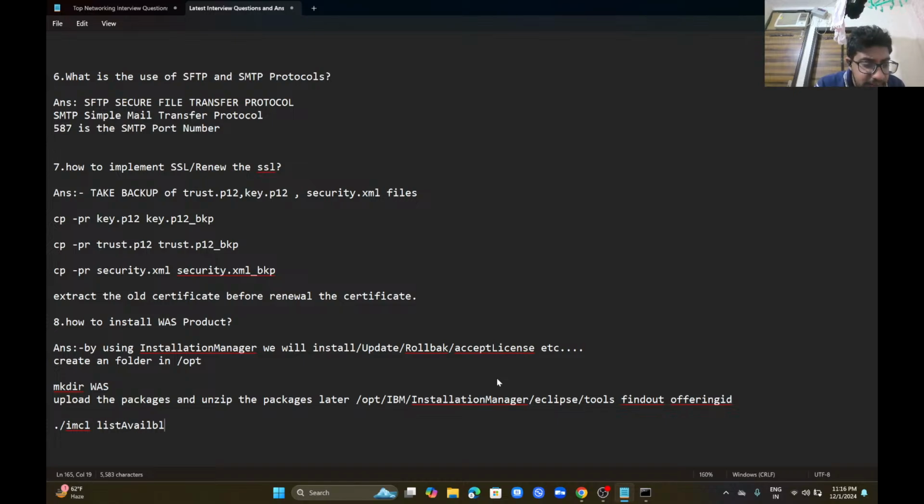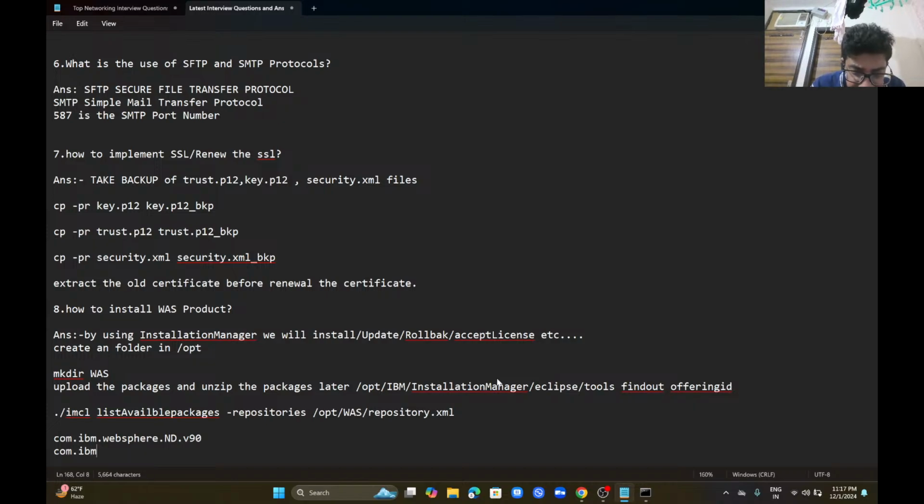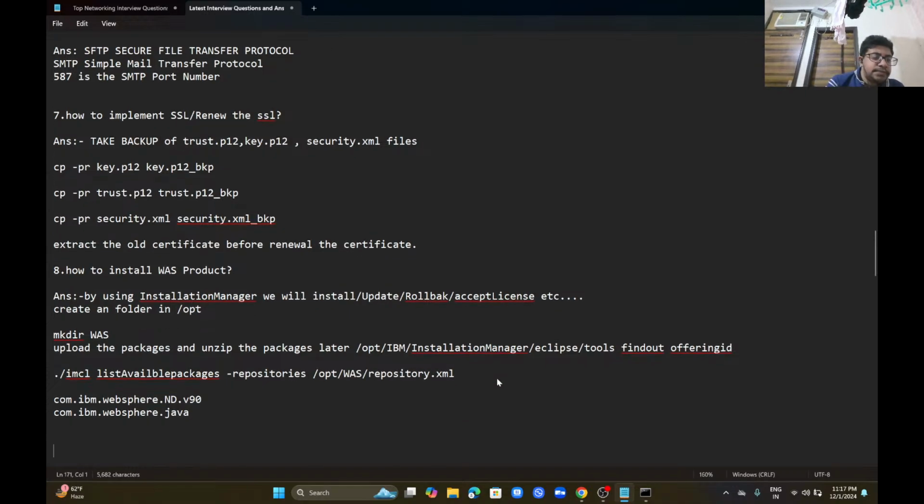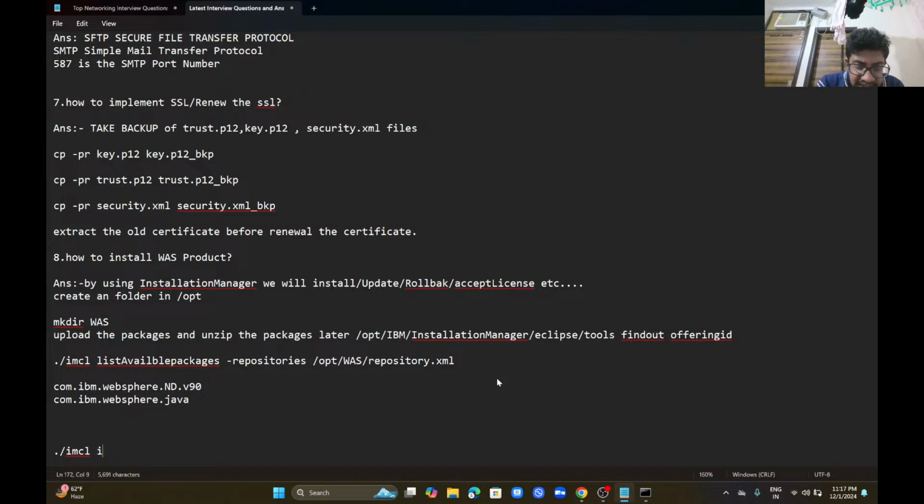./imcl listAvailablePackages -repositories /opt/was/repository.xml. We need to find out com.ibm.websphere.nd.v90 and com.ibm.websphere.java. Then ./imcl install, there is the nd offering id